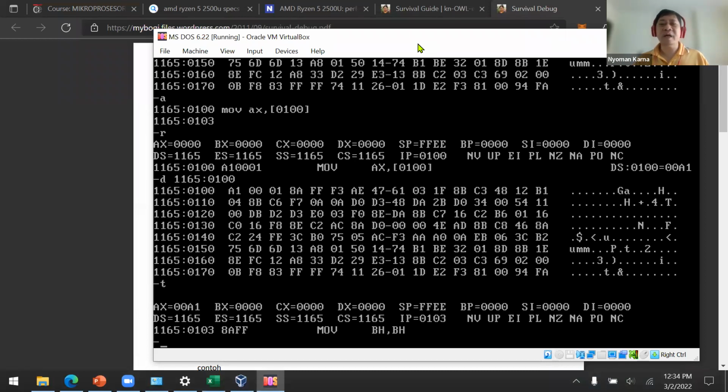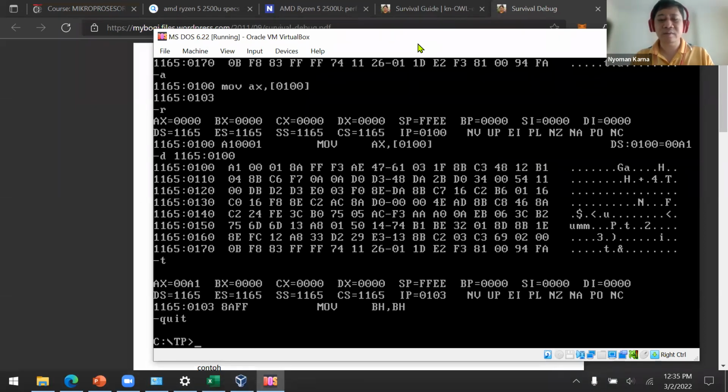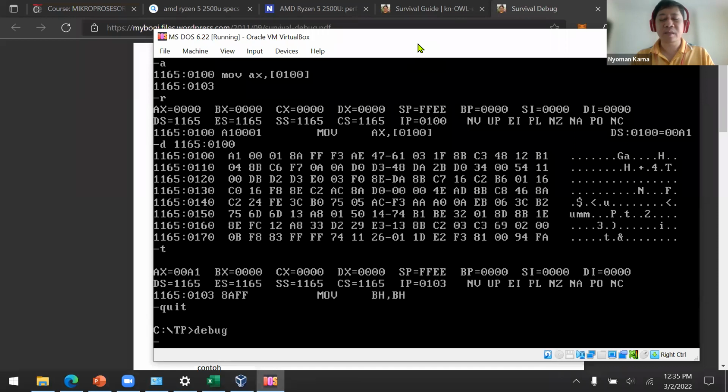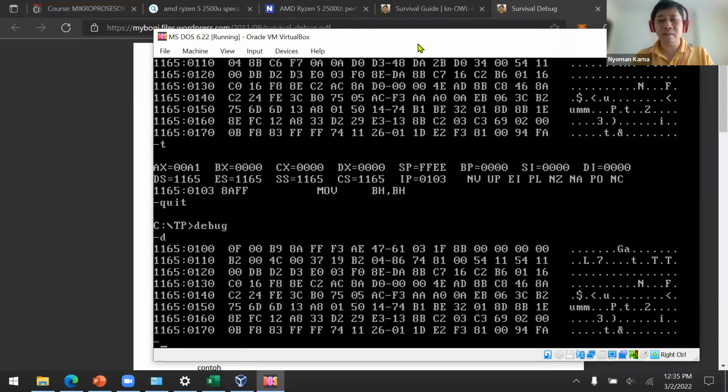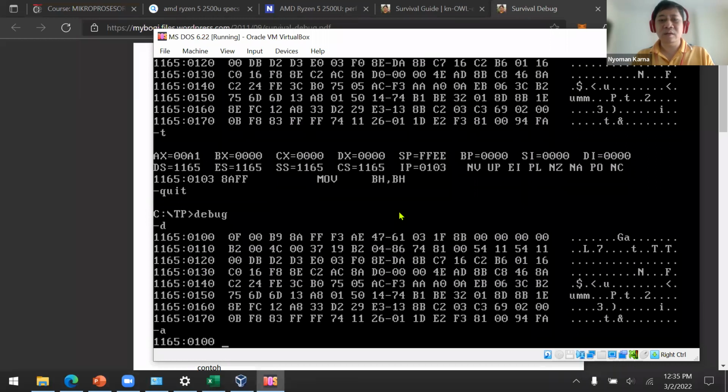Now, how about writing data from the memory into the memory? Let's quit first, and then go back, and dump the data. Now, I want to retrieve this data, B200. So I want to create the program, move AX, 0110.